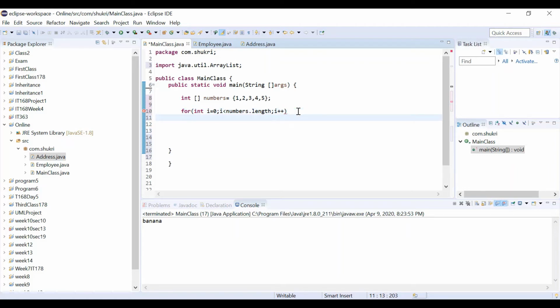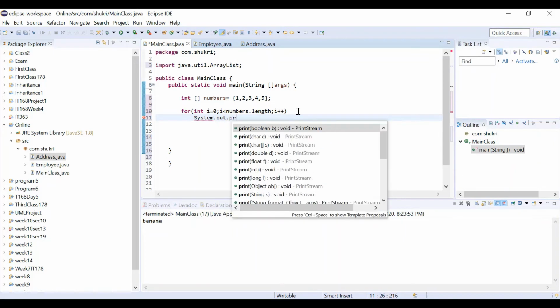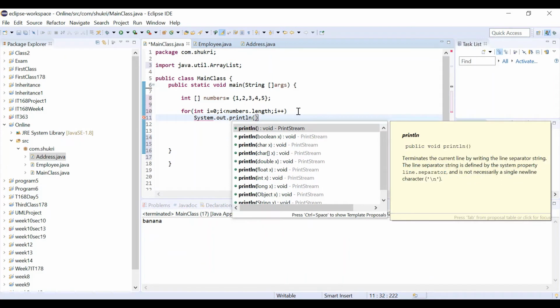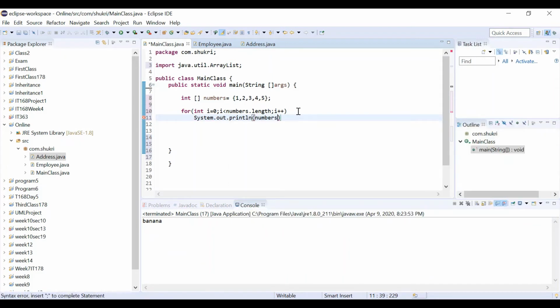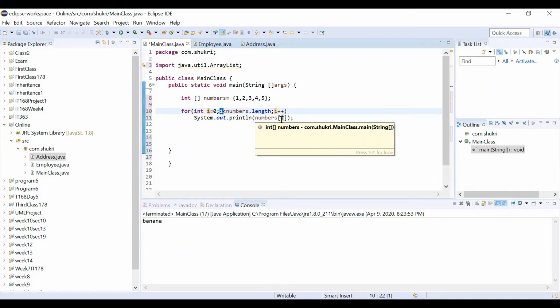So what do we want to do? Let's actually print these array elements. So System.out.println, and we want to print the numbers at location I. So what will happen? We started with I is 0. Is 0 less than the numbers.length? The length is 5, 0 is less than 5, so we'll be going to print the numbers at location 0,